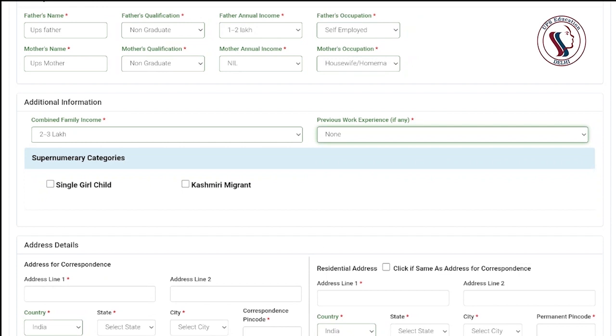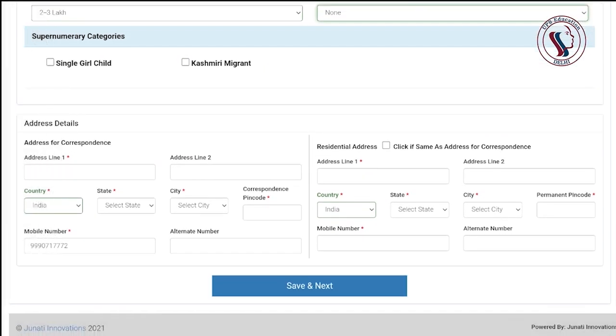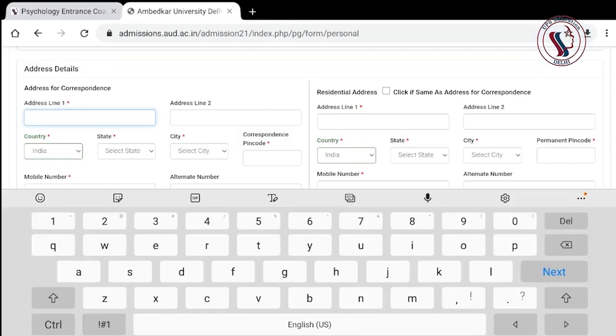Now you will select these special categories if you belong to them or not. You can fill up accordingly. Address, let's say.